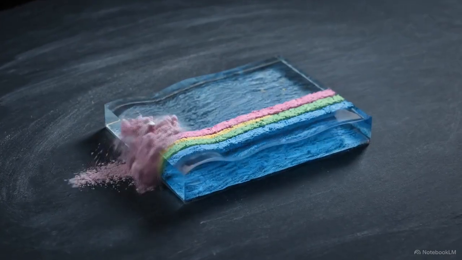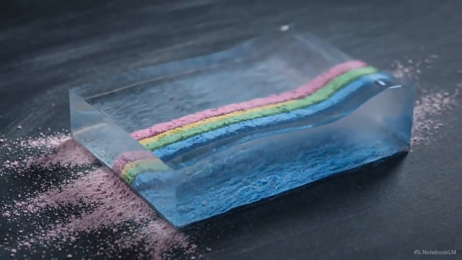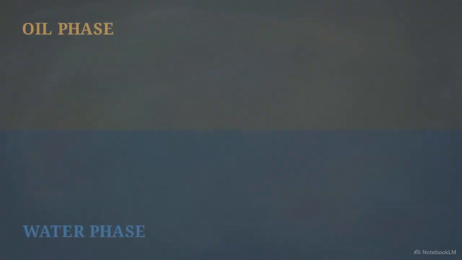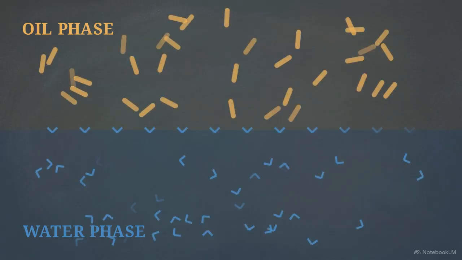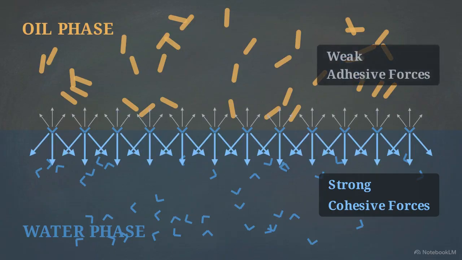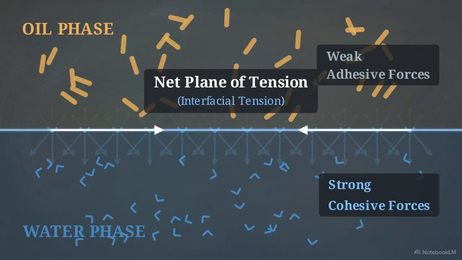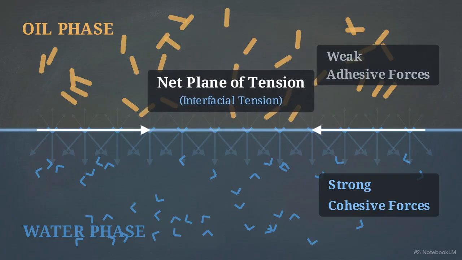It is the direct result of unbalanced attractive forces localized entirely at the surface, separating two immiscible fluids. Looking at this 2D cross-section of an oil-water interface, we can visualize the internal mechanics. Within the water phase, strong cohesive forces, driven by hydrogen bonds, continuously pull individual molecules inward toward the bulk of the liquid. At the boundary itself, weaker dispersion forces reach across the phase line to adhere to the oil. Because these adhesive forces are far weaker than the internal cohesion, a net unbalanced horizontal plane of tension forms directly